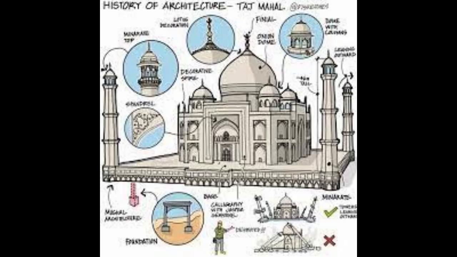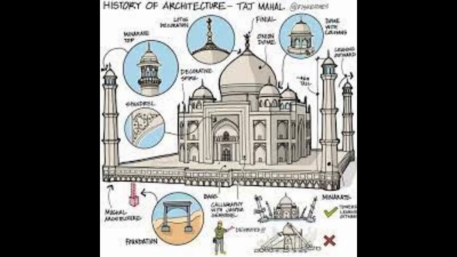Resting in the middle of a wide plinth 23 feet, 7 meters, high, the mausoleum proper is of white marble that reflects hues according to the intensity of sunlight or moonlight. It has 4 nearly identical facades, each with a wide central arch rising to 108 feet, 33 meters, at its apex and chamfered, slanted, corners incorporating smaller arches. The majestic central dome, which reaches a height of 240 feet, 73 meters, at the tip of its finial, is surrounded by 4 lesser domes.